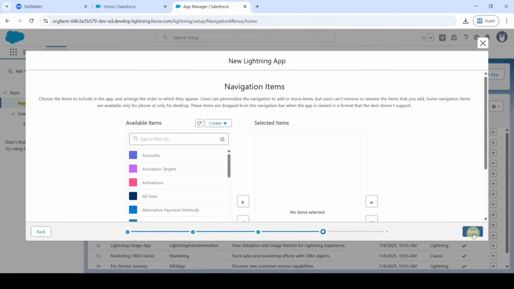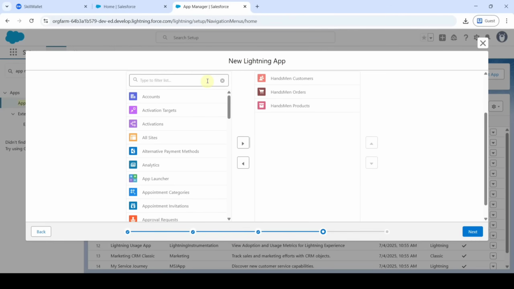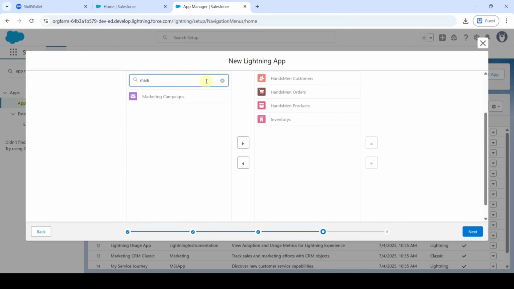Again click next. And from here available items, we need to select all of the 5 custom objects that we created. So here search for HandsMen. So here are the three objects: HandsMen customer, HandsMen order, HandsMen products. And then the next object is inventory. So select these inventories,